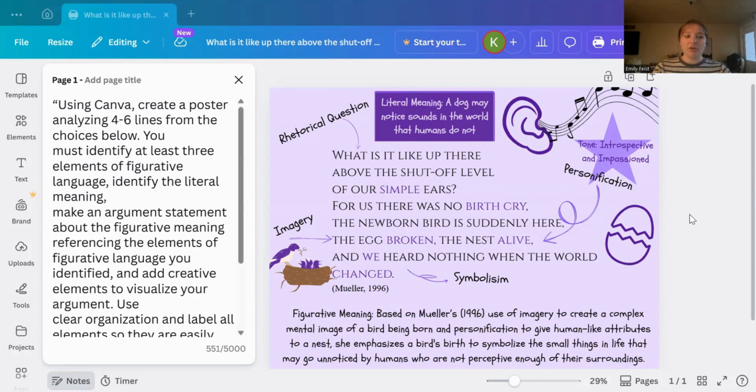One element of this poster project that is so great is because it is a good stepping stone for when students later are going to create an essay, a poetry analysis essay. This poster utilizes all the elements that they would need to identify in that essay without actually writing it. So it's sort of a step before they reach that next point, which makes it great to have to inform my instruction to see if students are on track to be able to write that essay in a couple of